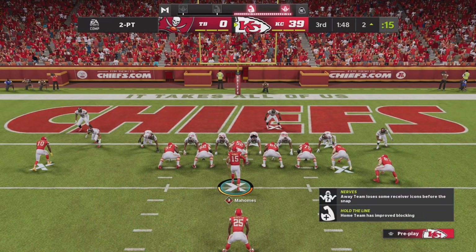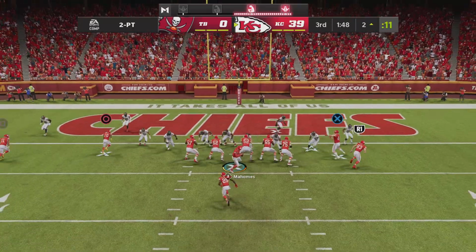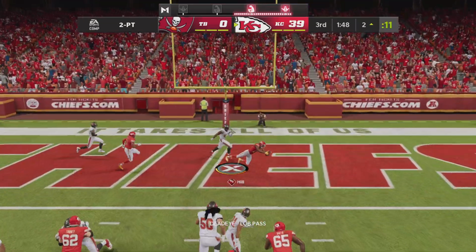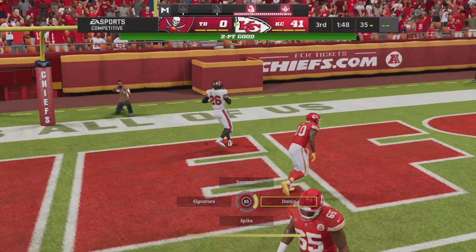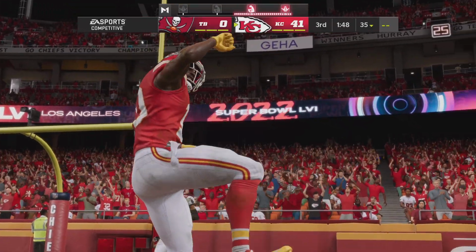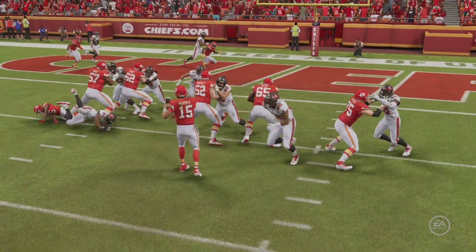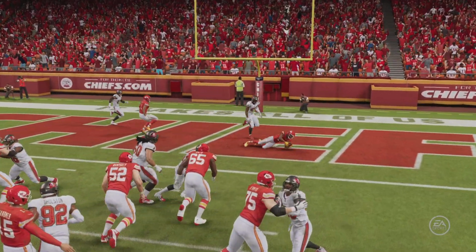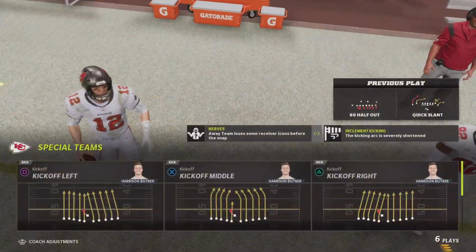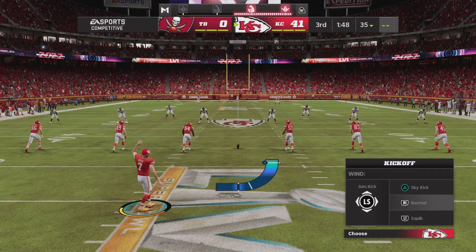Now Mahomes to the line as the Chiefs are going to go for the 2-point try. They'll try and throw for it. Hill diving, and he's got it full extension. What a catch. So they're able to throw it in for the 2-point conversion. Sometimes that can be a risky play, but they got it. Yeah, you always have to be careful here because if you do get it intercepted, it's returned by the defense, that's 2 points for them. But he identified an open target and put it right on him.